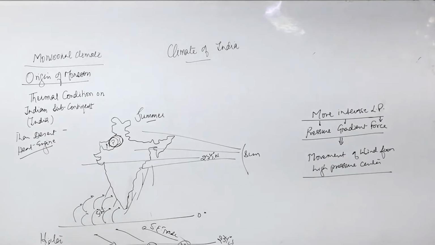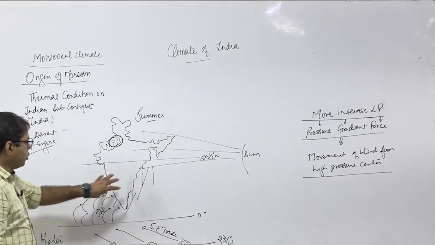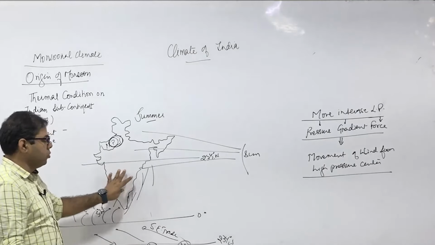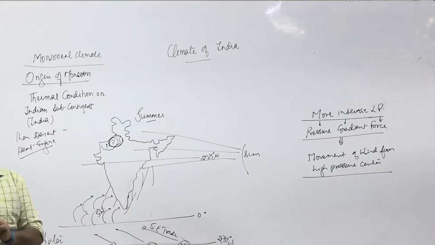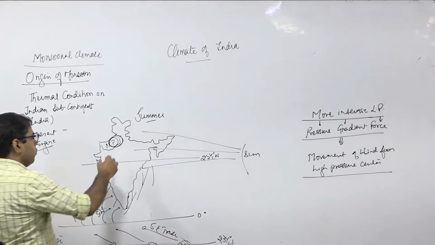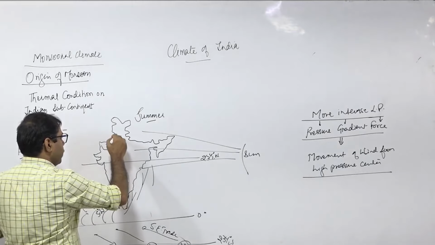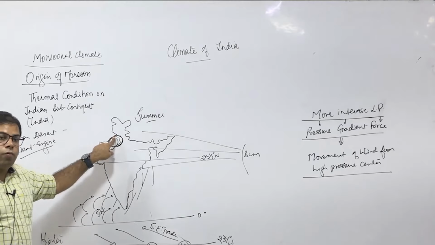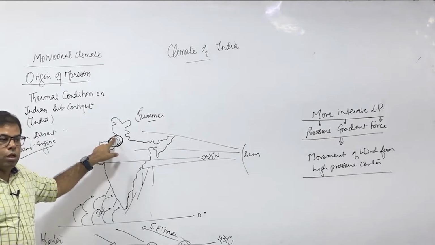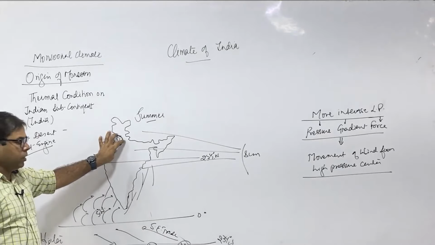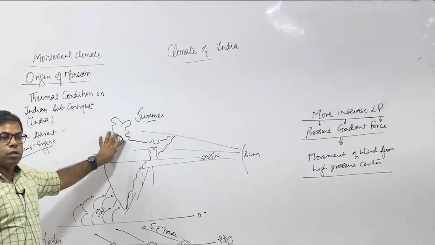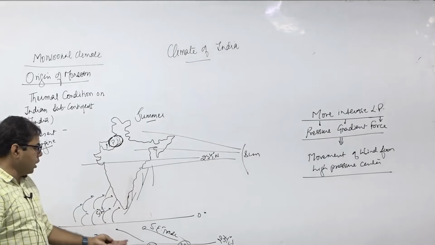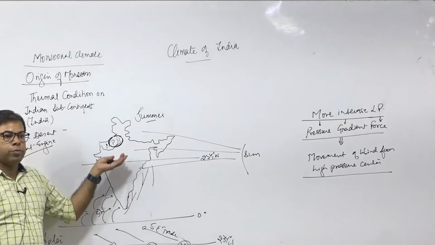Low pressure center, right? The low pressure developed over the peninsular plateau or the Deccan plateau is not the reason for the origin of monsoon. The low pressure which has developed excessively in the northwest part of India is the center for the origin of the monsoon. If this is not a low pressure center, then wind movement will be weak. The wind will be trapped here only, right? These winds have to go from high pressure to low pressure area.